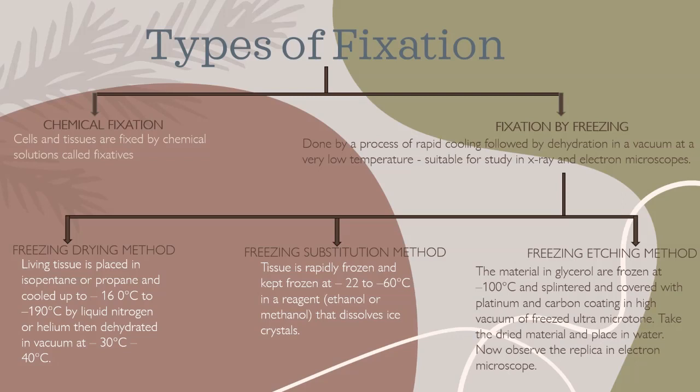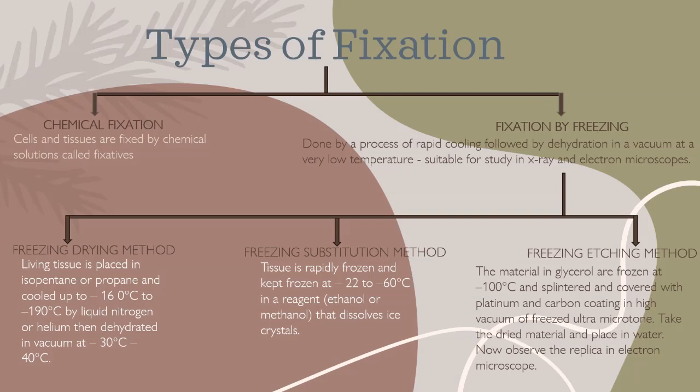Next, fixation by freezing etching method. Here, the material is frozen by keeping it in glycerol at a temperature of minus 100 degrees Celsius. Then, it is mounted on a chilled holder and is splintered with a knife to get its cross section. Splintered is nothing but we are breaking the specimen to get its cross section. Now the splintered separation is freeze dried